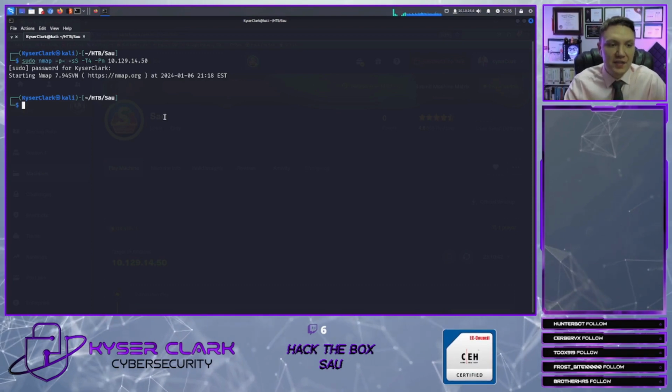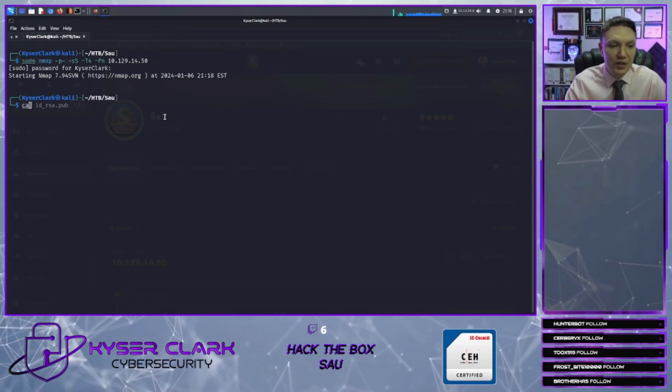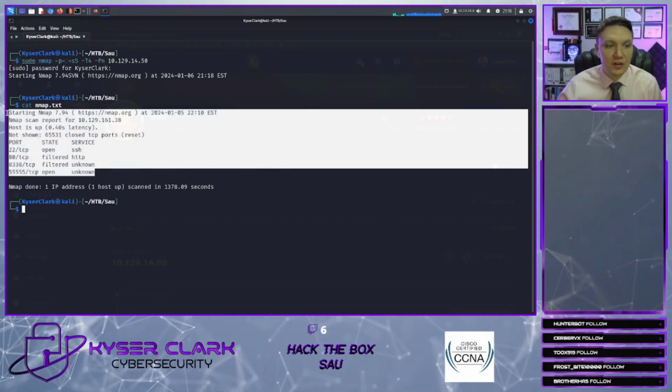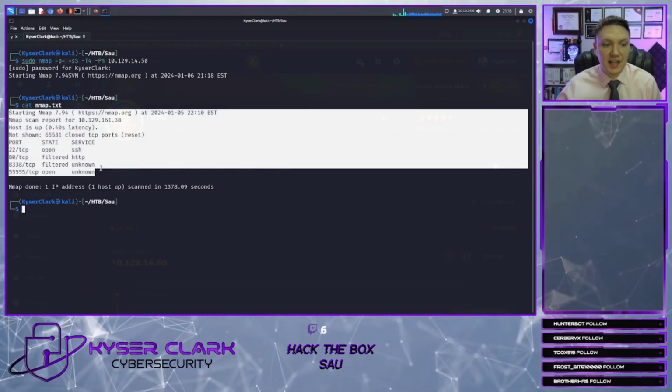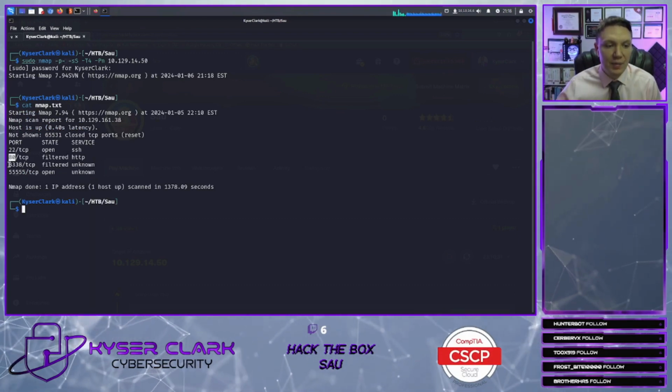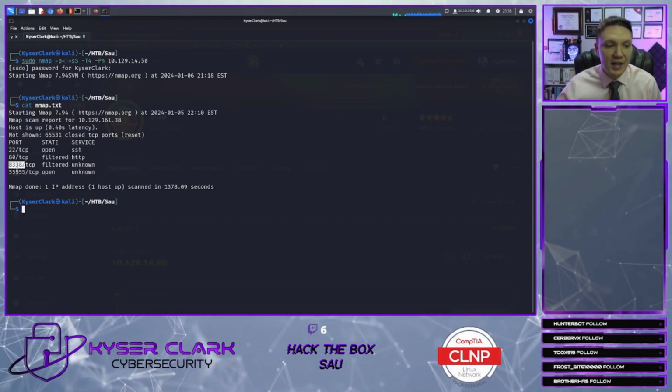So I already ran this scan prior to the stream. If we do a cat nmap.txt, these are the results of that nmap scan. This is exactly what we would get. So we have port 22 open, we have port 80 open, we have port 8338, and we have port